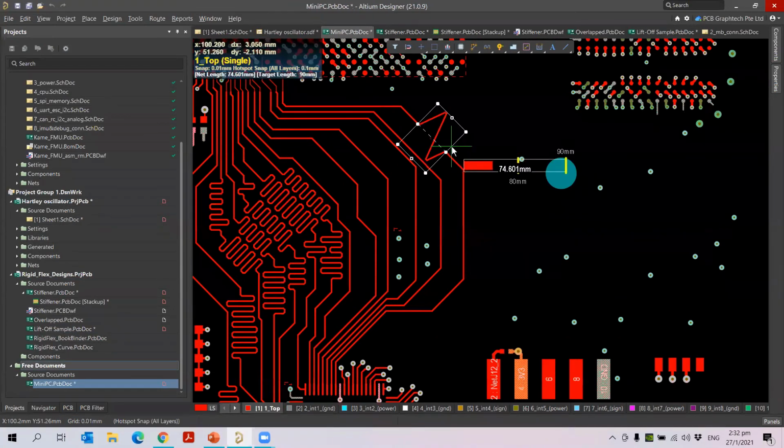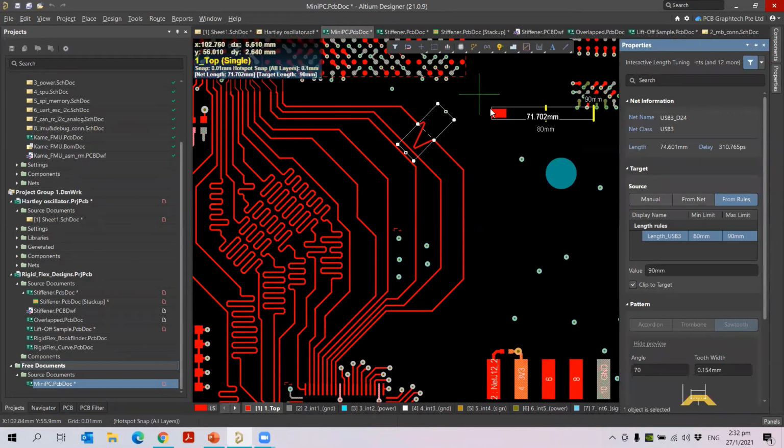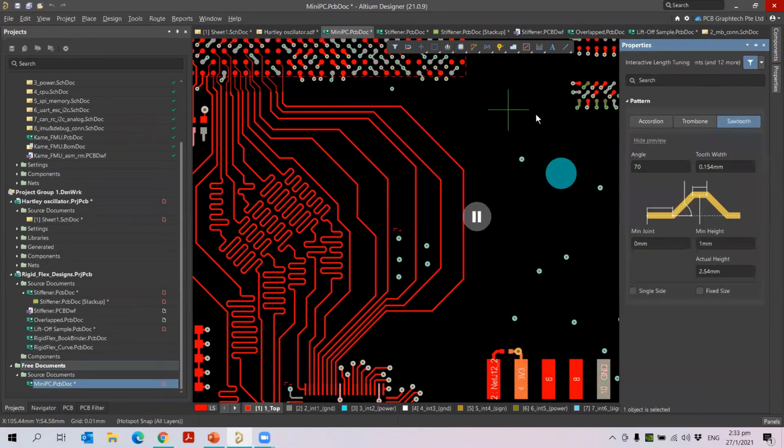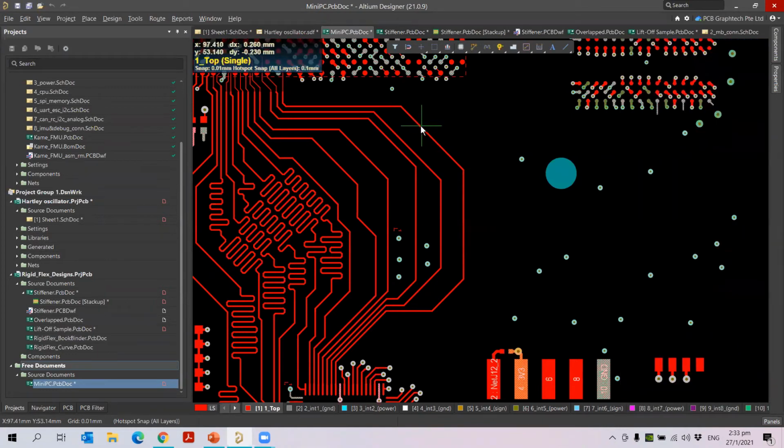Let me click here. You can see I choose accordion first, then I try to place it here. You can see the length tuning can be done based on the accordion.